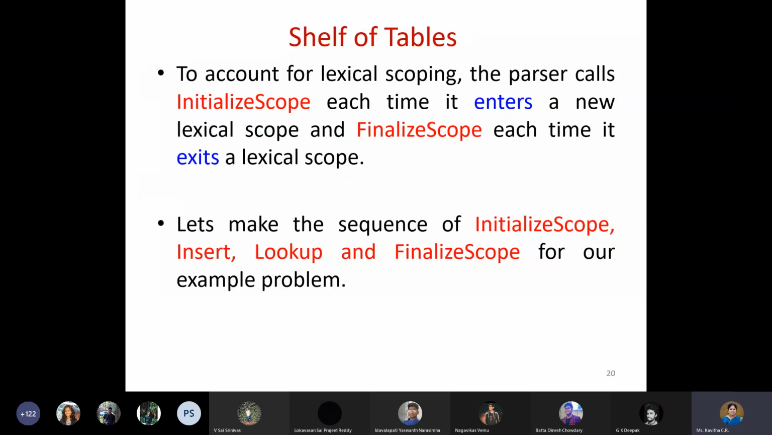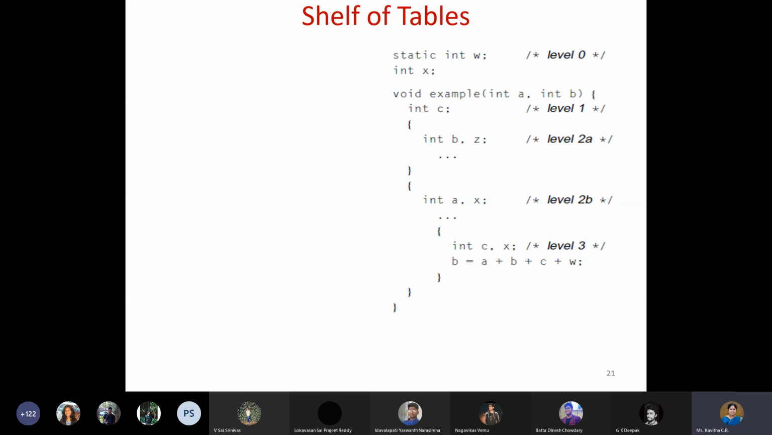Whatever I explained, the same thing is there. Along with insert and lookup, we have initialize scope and finalize scope. So let us apply this to our example. So this is our example. So what we do is initially